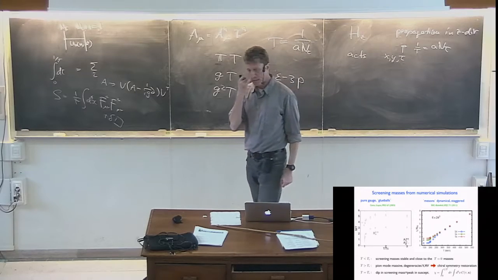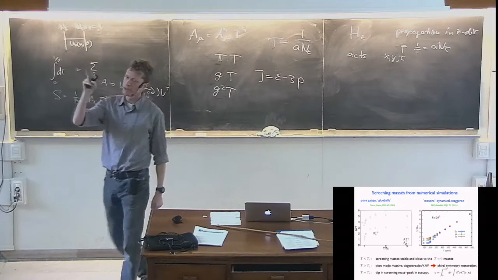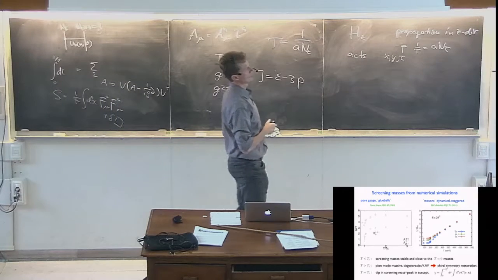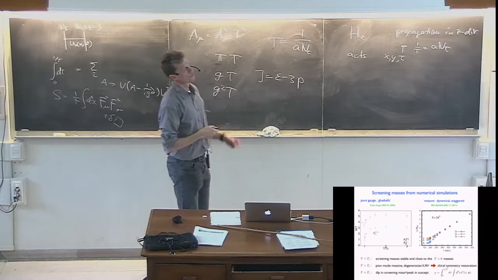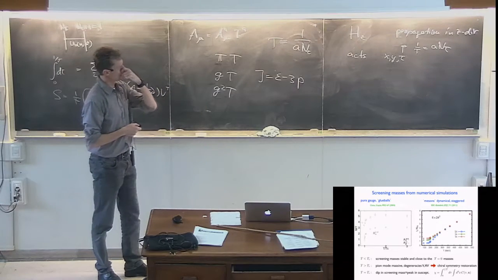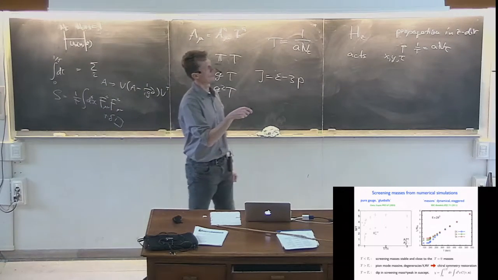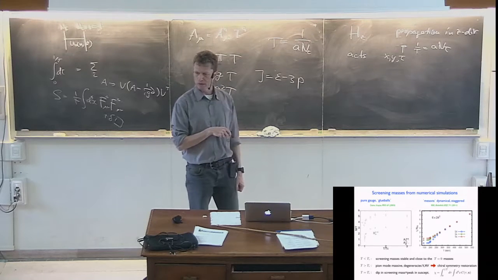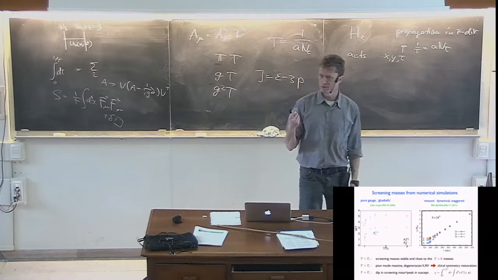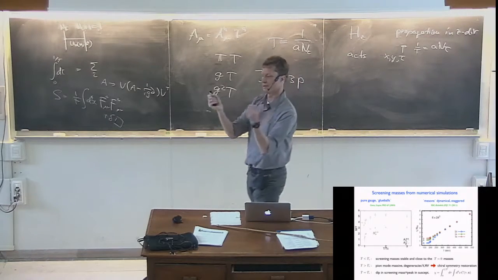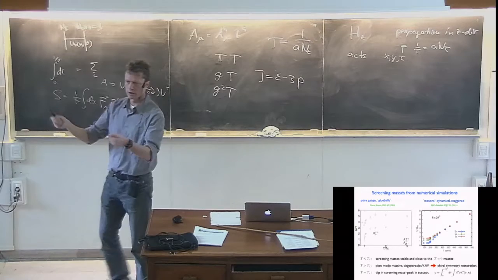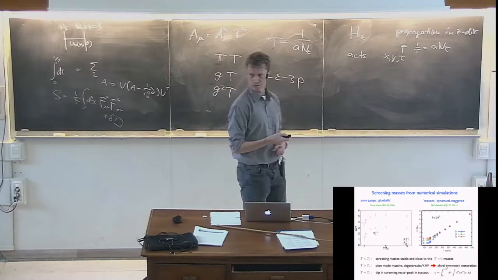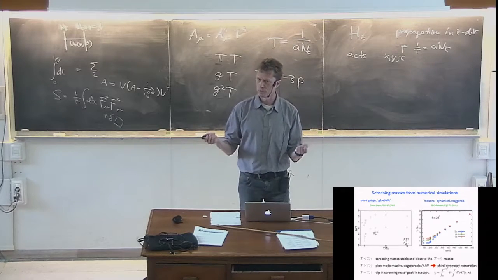And these screening masses and their symmetry behavior teach you something about what's going on in the plasma. So here are again two rather oldish calculations. One is in pure gauge theory, so there are no quarks, and then the spectrum is one of glue balls, right? In the confined phase you would have glue balls, and in the deconfined phase you would have gluons or conglomerates of gluons. And the gauge invariant states, gluons are not observable, the gauge invariant states would carry glue ball